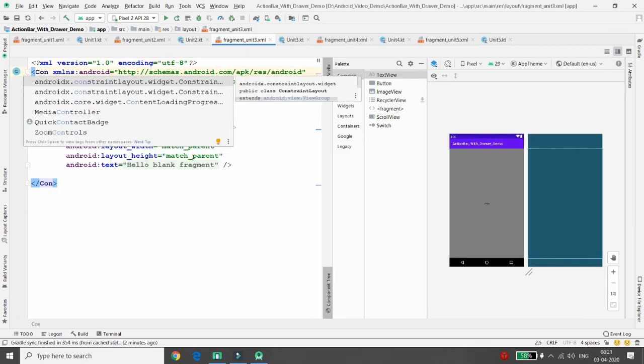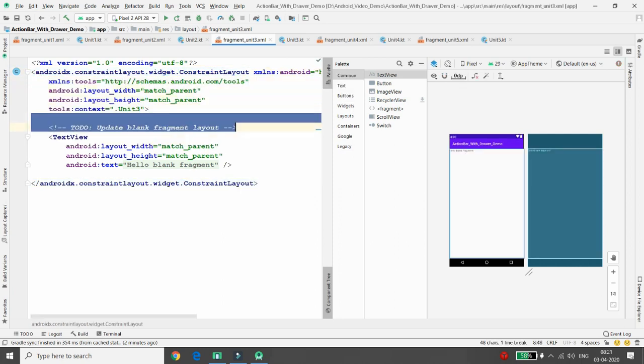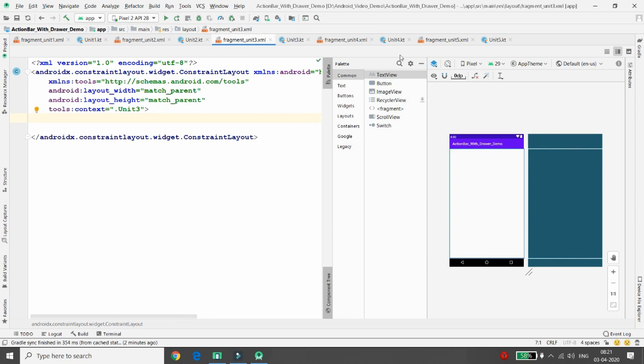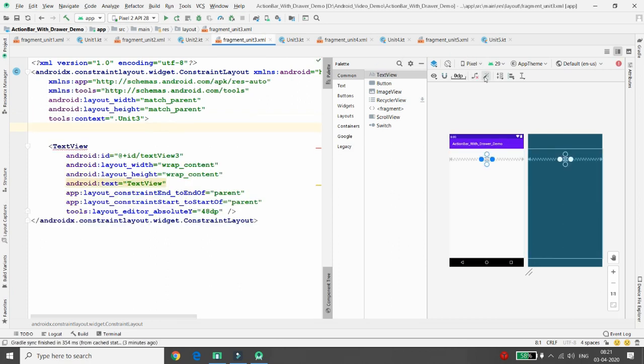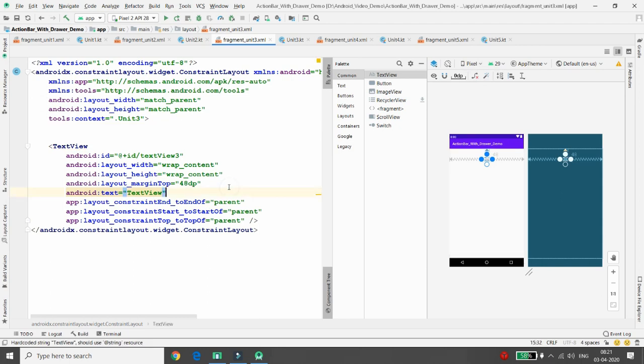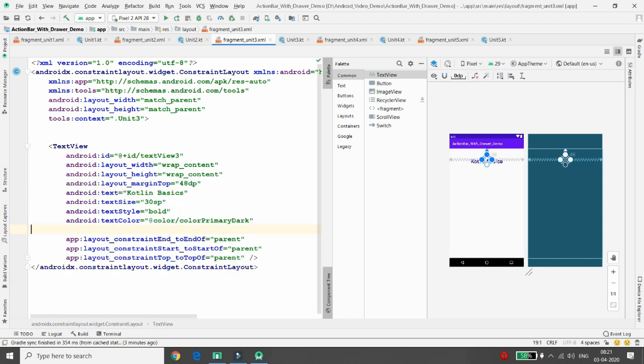Instead of frame layout, I'm just adding that I want the constraint layout. I don't want the text view over here. You can take your own text view, and you can just click on infer constraint. Once you click on infer constraint, again you can choose the important property that you want to set over here. I'm changing the text, and this is related to now SQLite database and